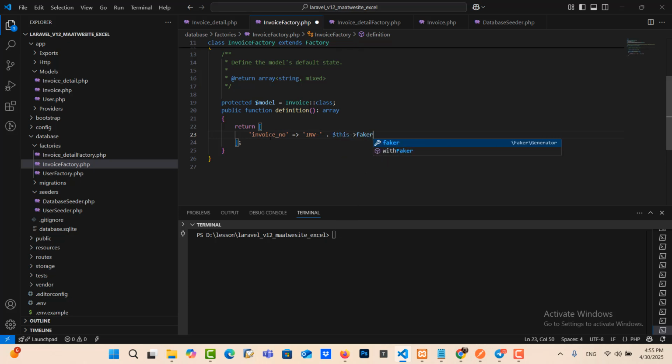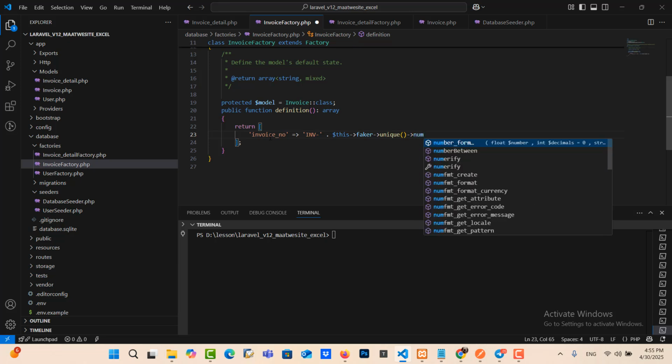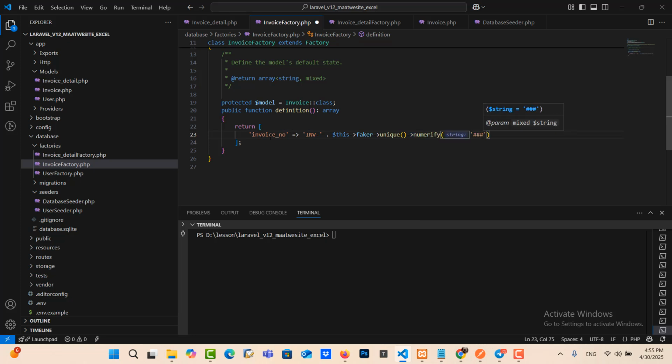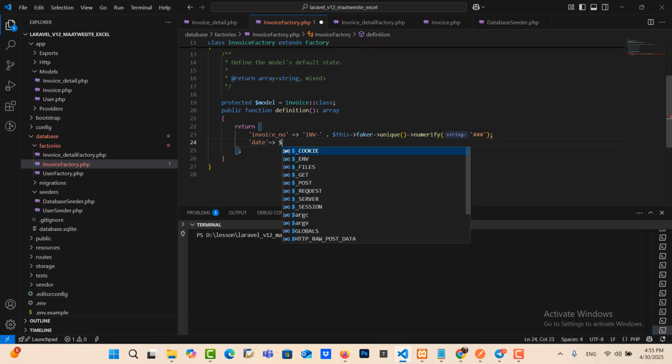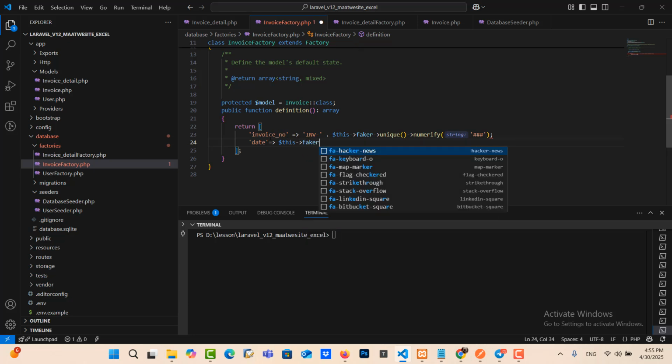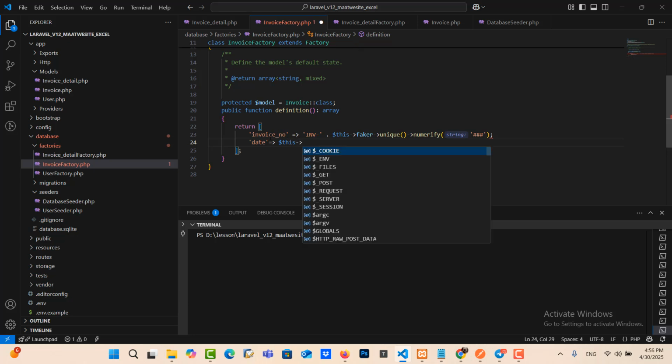So the invoice number we need prefix inv dot, and then we need the fake number.